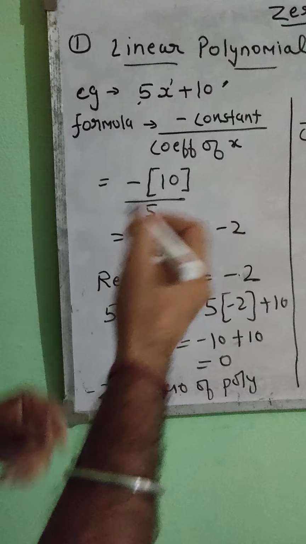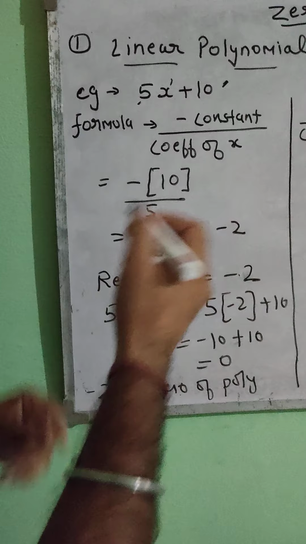We know linear polynomial means the highest power or degree is 1, and we are studying for one variable. So here I have taken an example 5x plus 10. You know very well it's a linear polynomial, because here the degree of x is 1 and there is only one variable, that is x. So the formula to find the zero of a polynomial